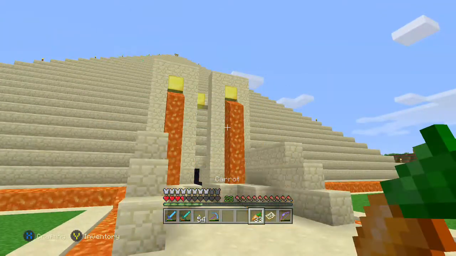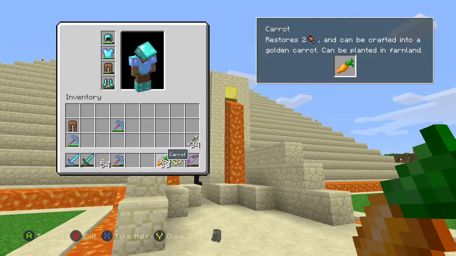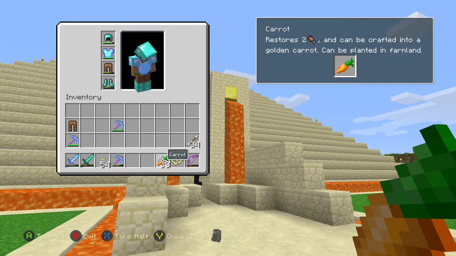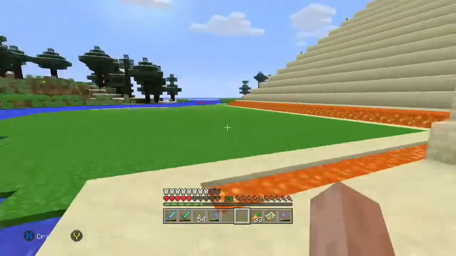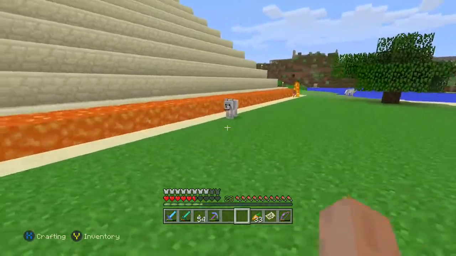We find that carrots are the absolute best source of food. They only restore 2, while some meats restore 3 and 4. But they're so easy to get a lot of, and they stack. And ultimately, lavas are a good way to...